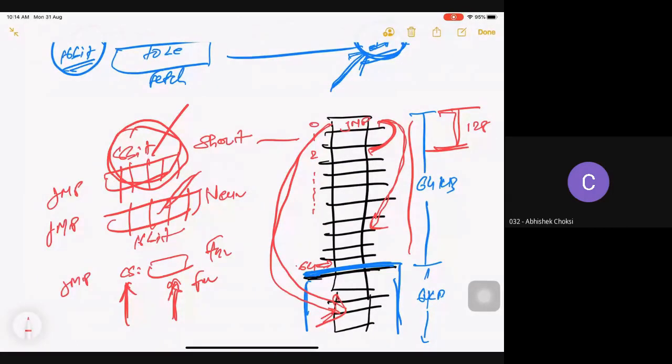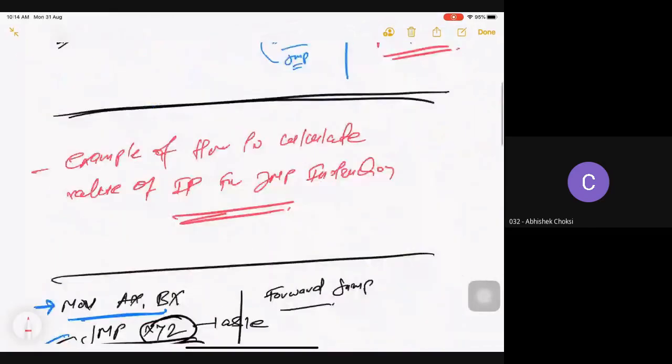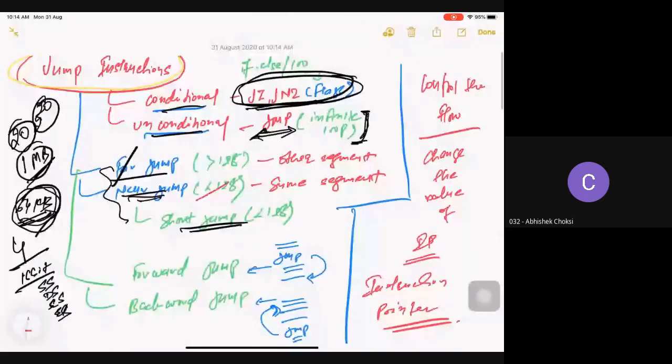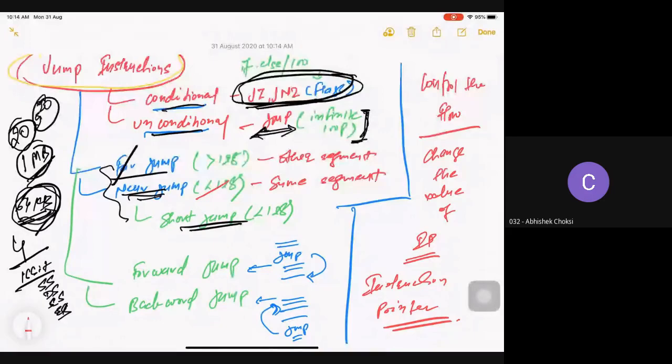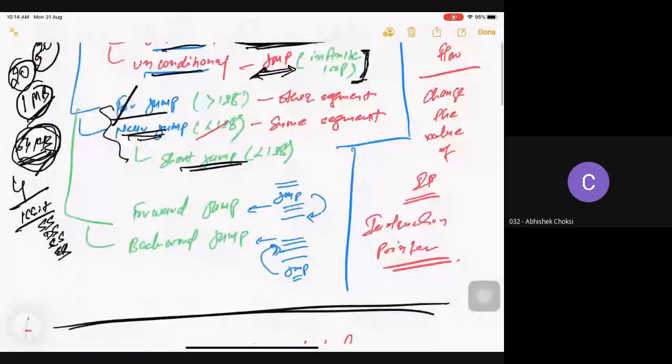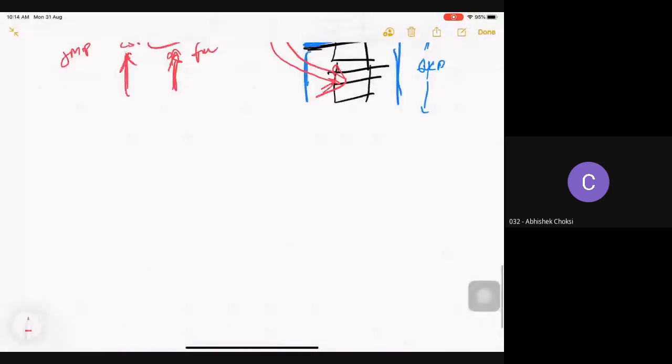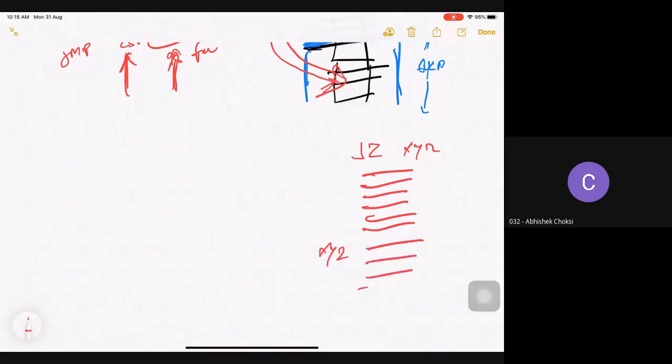Conditional and unconditional, clear. Jump instruction is unconditional because it will not check any condition. But if I have written like this, after some instructions, JZ XYZ, then in this case my jump is on zero.